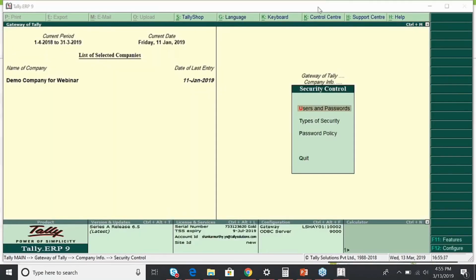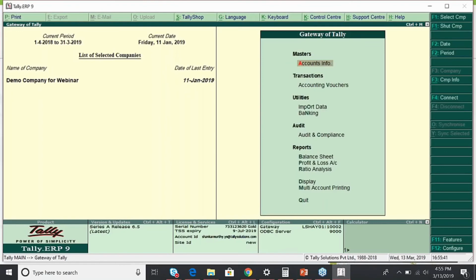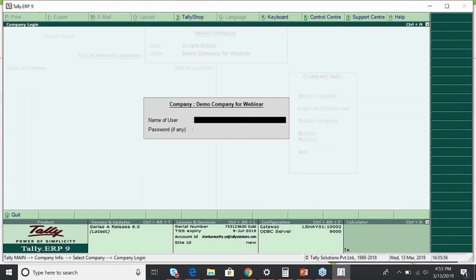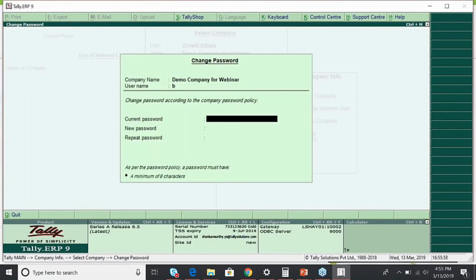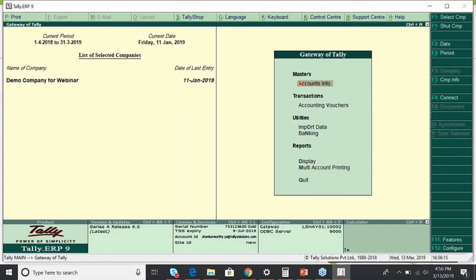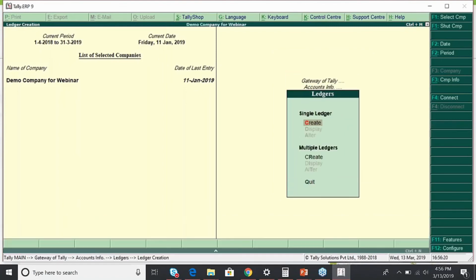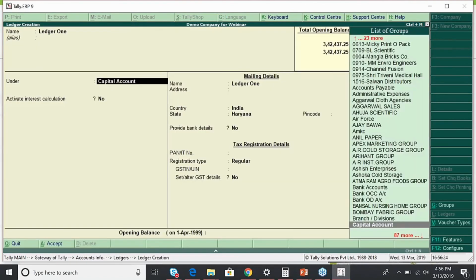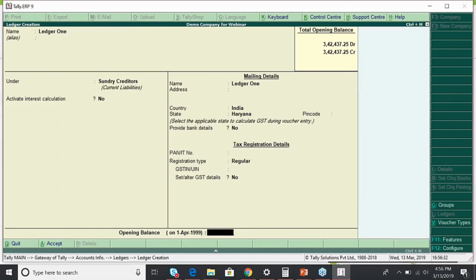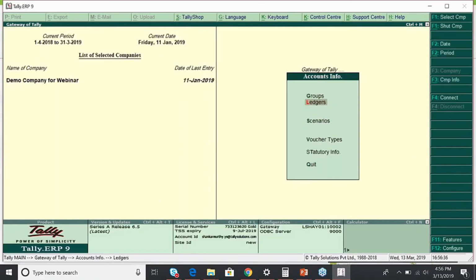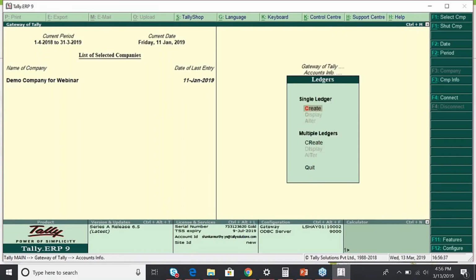So I'll be logging in with the user. Once I log in, the system will ask me to change the password. So I have logged in. I can create ledgers. If you see, I can only create the ledgers, I cannot do anything else.